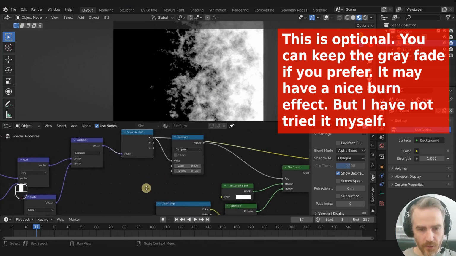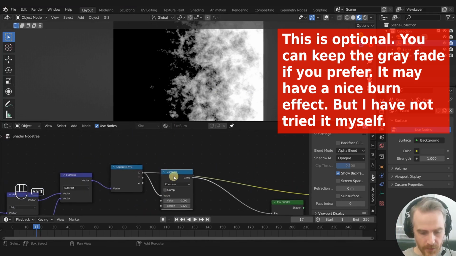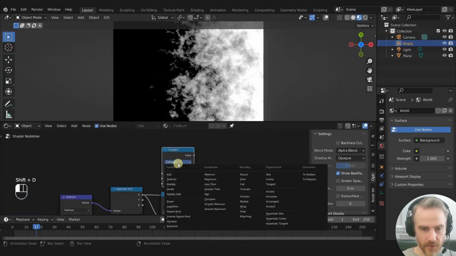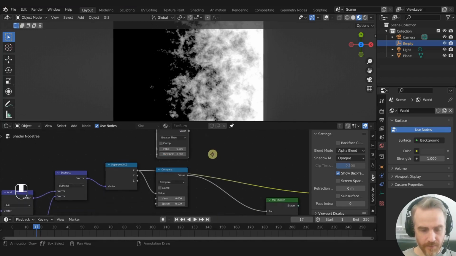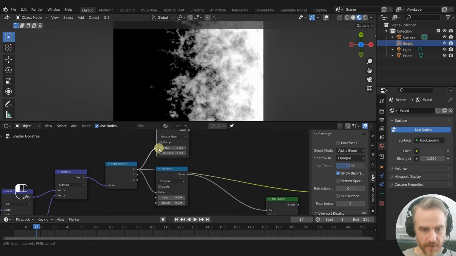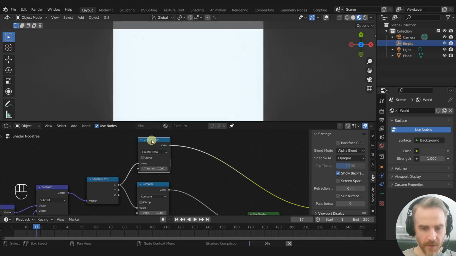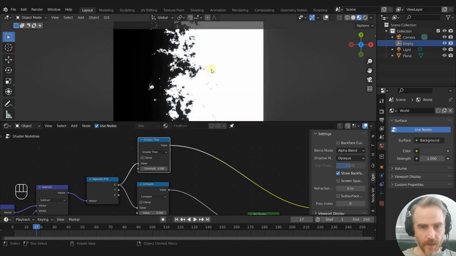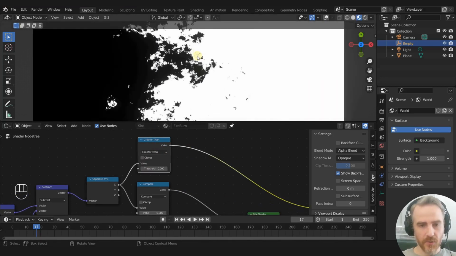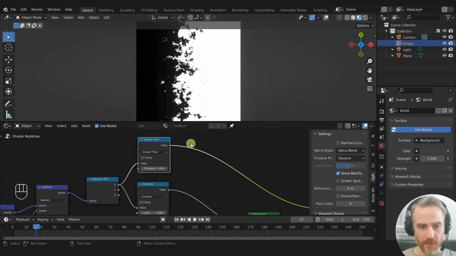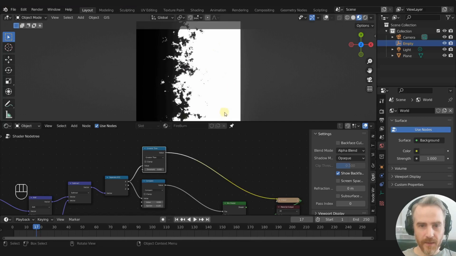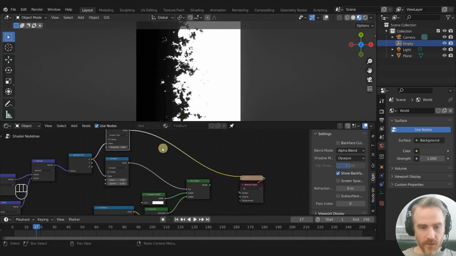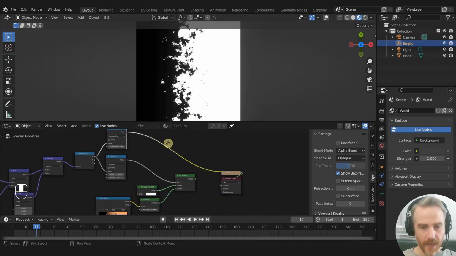So in order to do that, what we can do is duplicate this up here and change the compare to greater than, and plug the X in here. And then if we look and see what that is, this is what that looks like. It's a very hard-edged black and white mask that's going to keep everything here fully opaque or fully visible, and everything here fully transparent. So if we use this as the factor,